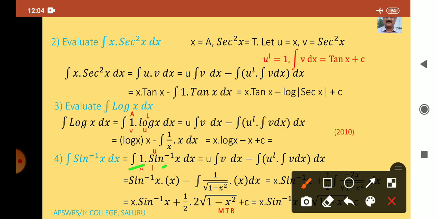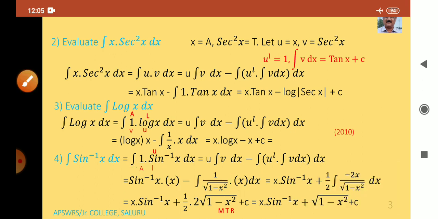So apply the formula. u integral v dx minus integral u dash into integral v dx. u is sine inverse x, integral 1 is x, minus integral u dash. u is sine inverse x, and the derivative of sine inverse x is 1 by root of 1 minus x square, into integral v, that is integral 1 is x. Okay. That is equal to, write this x sine inverse x as it is, minus,